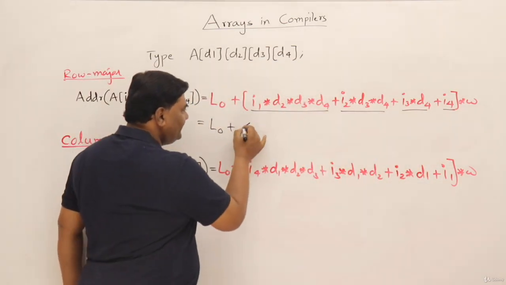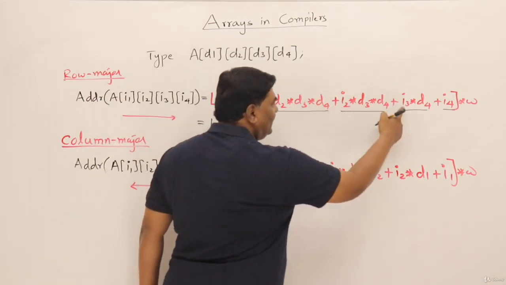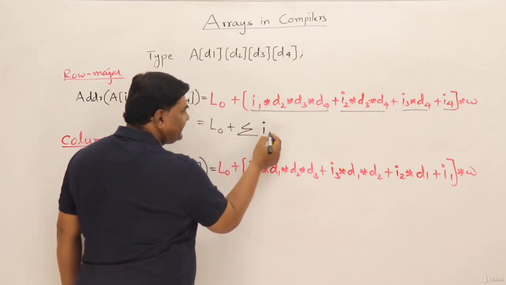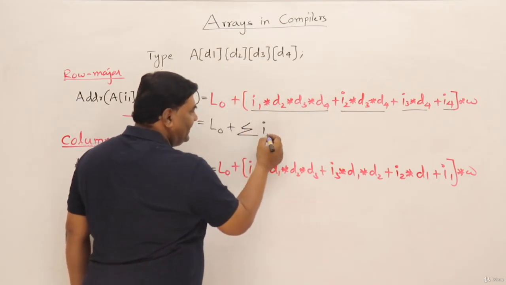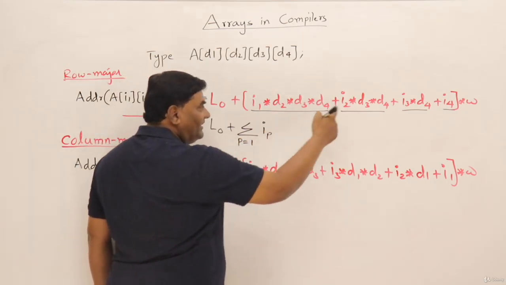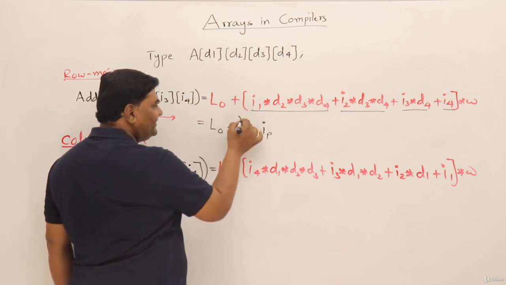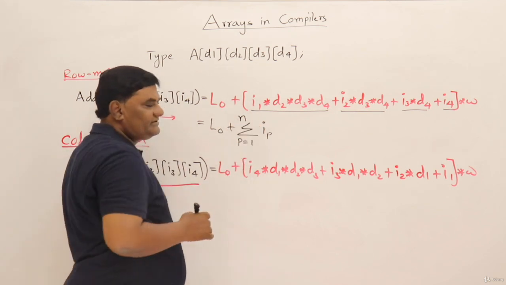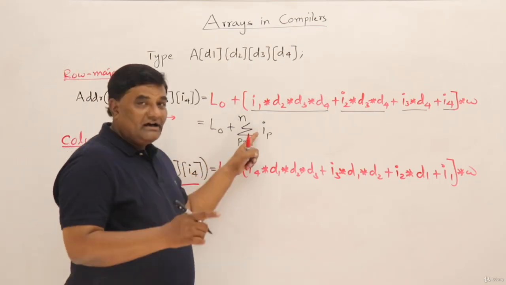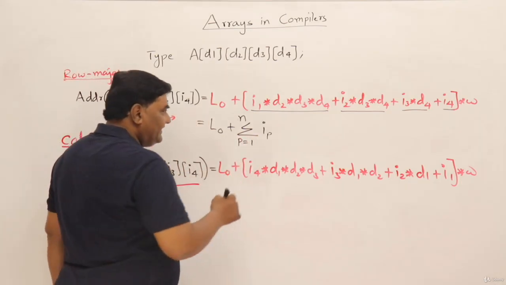So for addition we use sigma. And here I1, I2, I3 and I4 are used. So I and its subscript, that is I1, I2, I3. So I will call it P. So P takes the values from 1 to, it is going up to 4. So instead of 4 just make it n. So this will be for n dimensions. So P takes the values from 1 to n, so for n dimensions. So this will become I1, I2, I3, I4 and so on up to the nth dimension. Next thing,